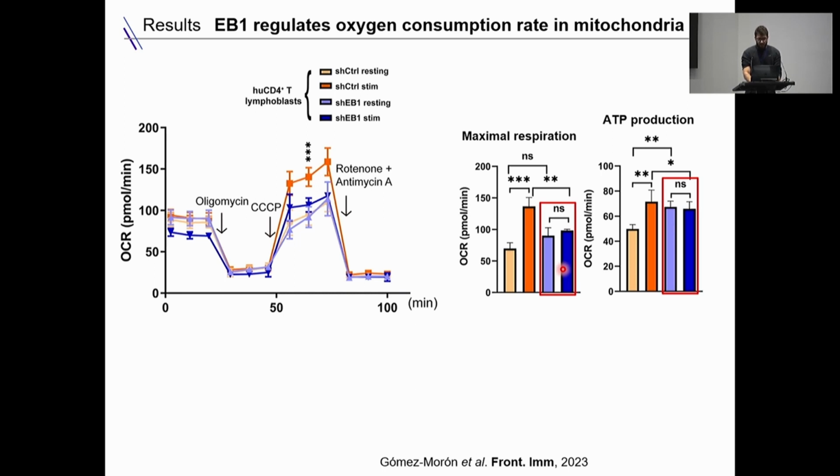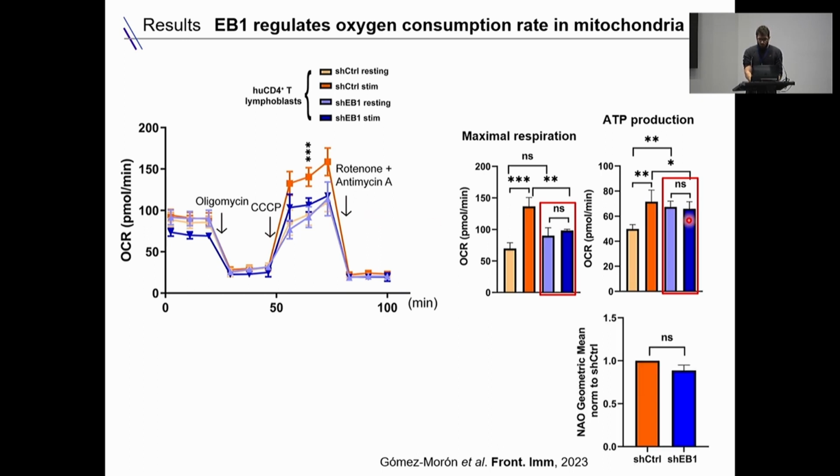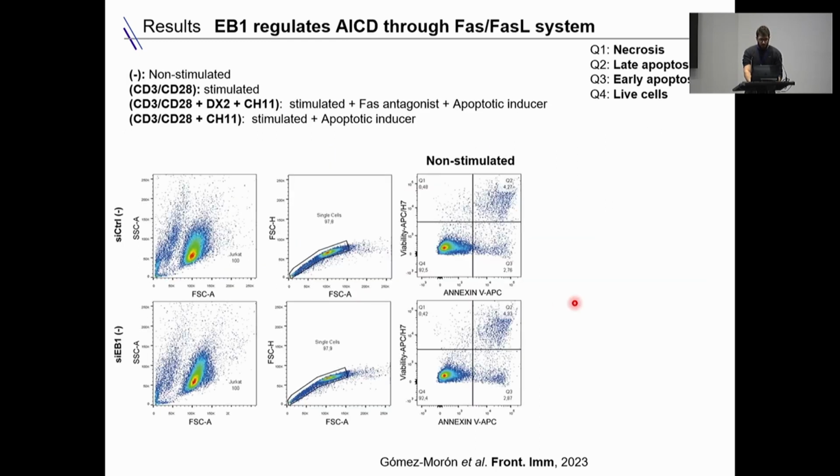So to study if this difference was because EB1 silenced CD4 T cells have a lower amount of mitochondria, we decided to stain these cells with a probe, which informs us of mitochondrial mass, and we see no difference in the number of mitochondria in these cells. So it's known that EB1 silencing in other cell types promotes